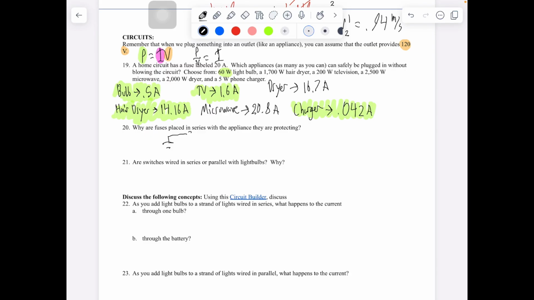bulbs in series. We have a light bulb right here, and then down here, we also have a light bulb here. What we find is that if you remove a light bulb, completely remove this bottom light bulb, and you replace it with a wire, or really replace it with nothing, there's no light bulb there, now this circuit is broken. There's no longer a complete path. This means current cannot flow. So a fuse is placed in series because if that fuse blows, it literally leaves a gap in the circuit. Now no current can